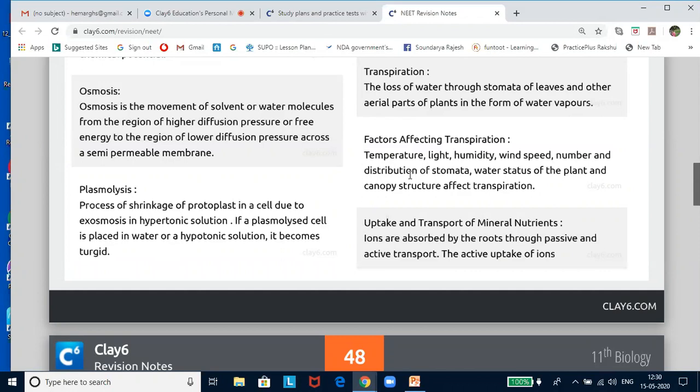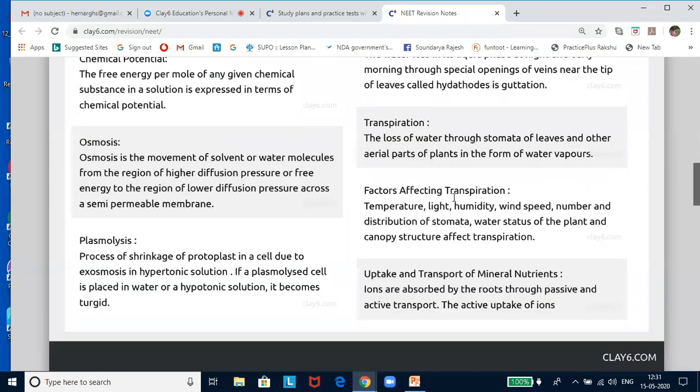See here, you might think it is semi-permeable. No, only for osmosis it has to be a semi-permeable membrane, because it should allow only the solvent but prevent the solute to pass through them. But in your biological systems, what happens? They are differentially permeable. If they give a choice as semi-permeable and differentially permeable, then you have to select it as differentially permeable depending upon the question they have asked. If they have asked specifically about osmosis, the membrane has to be semi-permeable.